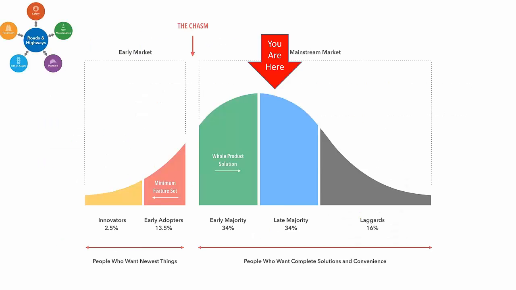So let's get started. Over the past 5 years, Roads and Highways has really matured. It's currently being implemented or has been implemented in 30 DOTs across the country. Roads and Highways offers a geospatially focused way to manage roads and the attributes about them. But as users continue to desire more complete solutions and convenience, we have created specific tools to address their common needs.